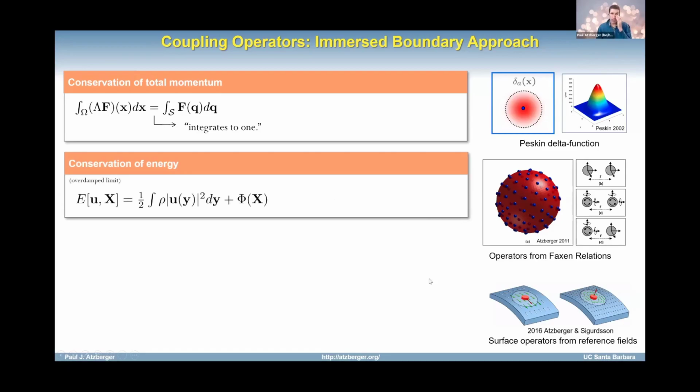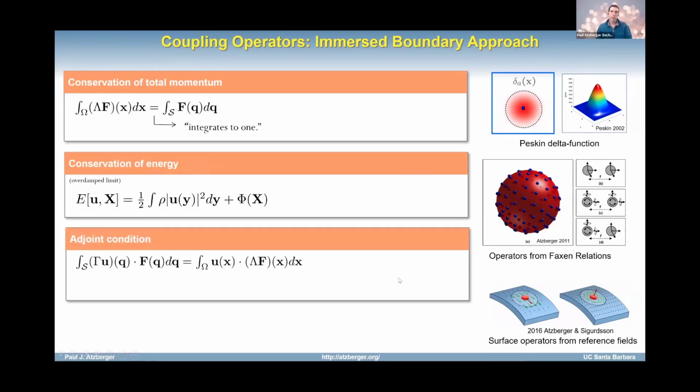And so the other one is, and you can derive this other ways by thinking of notions of work, but if we think about in the overdamped limit where everything's tightly coupled, and we look at the rate of change of energy in the system, you can very naturally derive these adjoint conditions that basically say that the amount of work being done on the microstructure needs to balance with the amount of work being done on the fluid. And what you end up with coming out of this is that for these two terms, when you sum them up to be 0, amounts to rearranging here that the gamma, the velocity averaging operator, must in some sense be an adjoint of the force spreading operator in the sense that I'm writing down here.